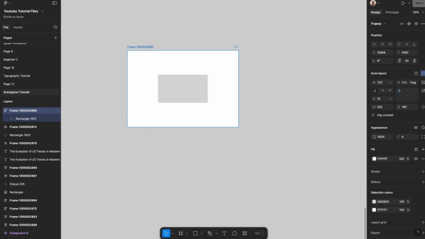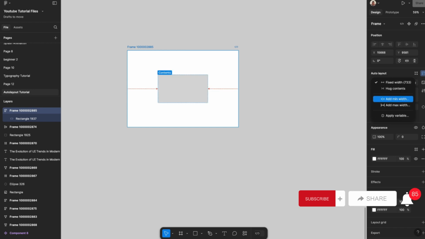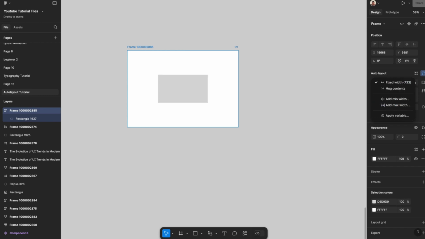So the first item to speak about is the width. Everybody knows that already, this is the width of the Autolayout card, 733, and the height. There are some other very important things that really help your design to be responsive, like hug content and fixed width, which Autolayout comes with its own. When you add Autolayout to a particular frame,